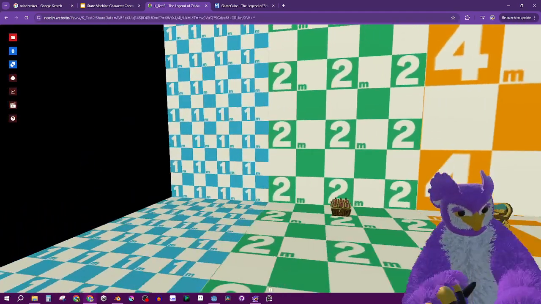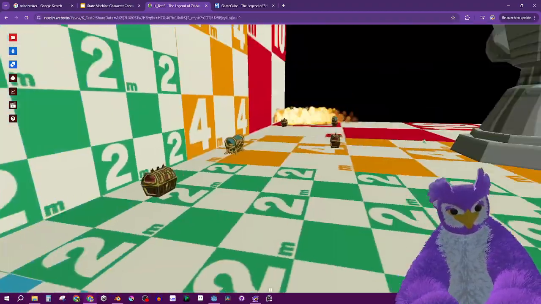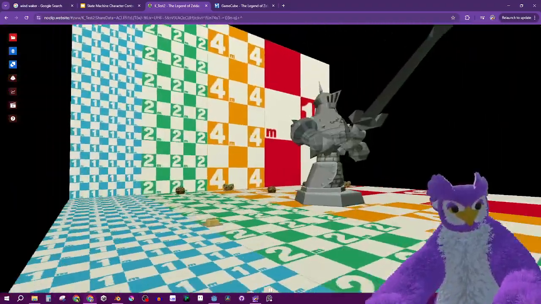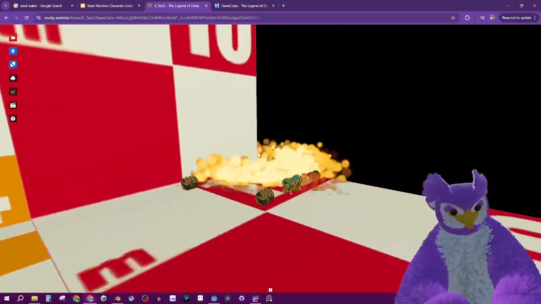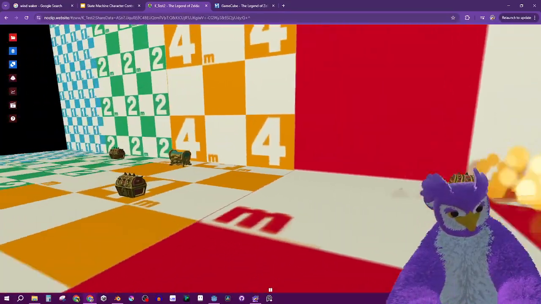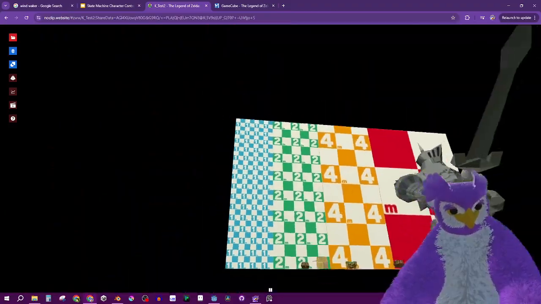Ooh, I love these like meter textures. It's good. I make stuff like this where it's just a grid and